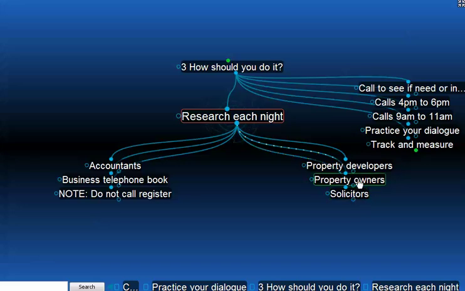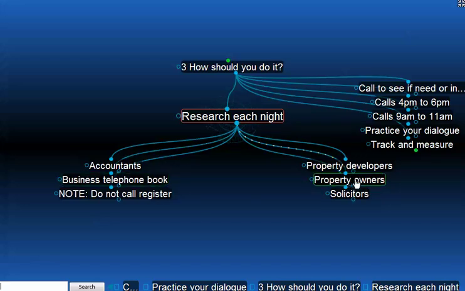Now, the property owners need to be the quality property owners that own the best properties locally. On a street-by-street basis and a property-by-property basis, get to know the right people. It takes time to understand the property owners and actually find them and talk to them. In fact, it's a lot easier to phone business proprietors out of the telephone book. It's difficult to find these people. So that takes research.